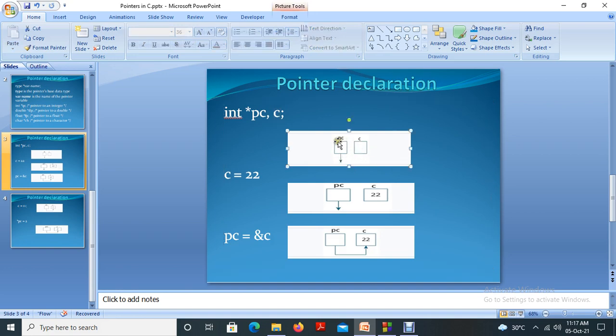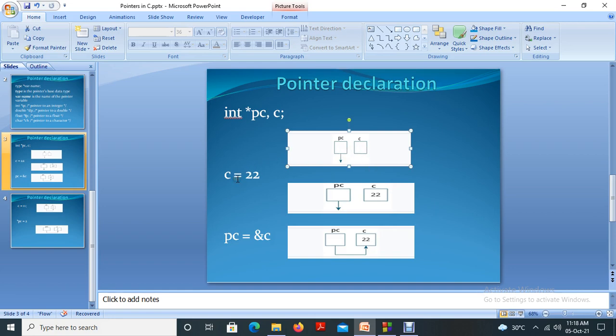This pointer variable has a peculiarity that it always points to someone. That is why an arrow is mentioned here. This is the result of the declaration in C programming. The compiler creates two memory locations, one a pointer variable location and another a normal variable location.